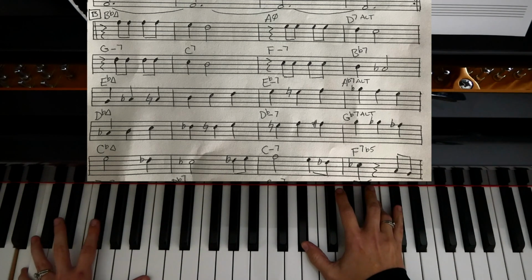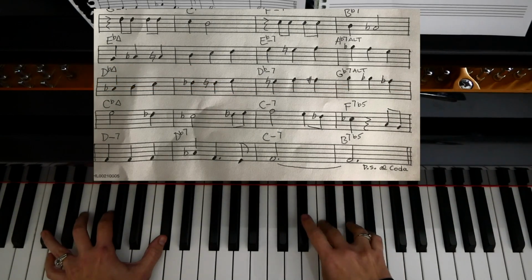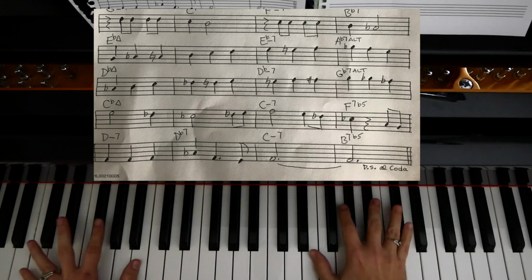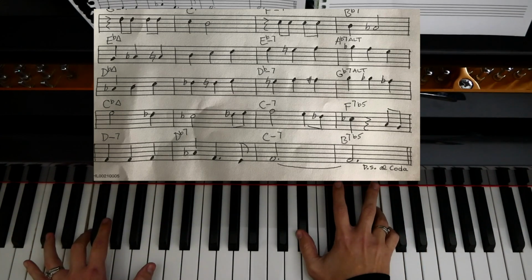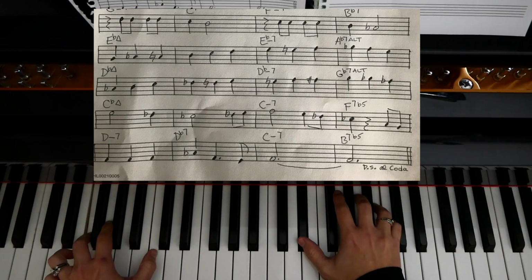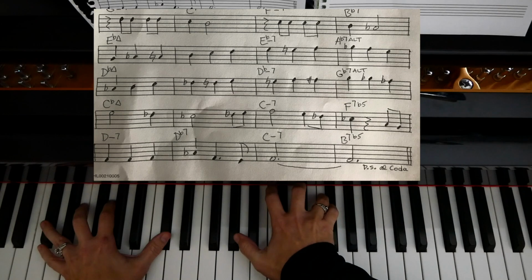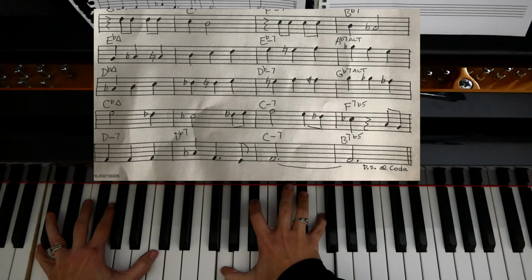This might be the point where I let it go. But you could keep it going if you want. Again, I'm just using chord tones in the key of B flat, because we're in the key of B flat for a second for this 2-5-1 that says C minor 7 and F7. Whoa. Yeah, right there on the C